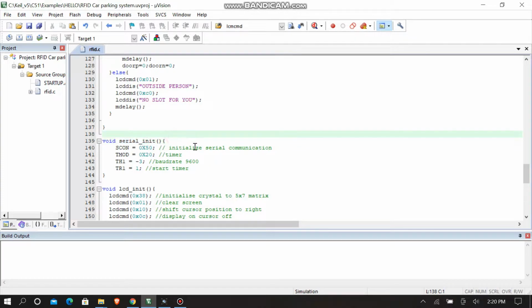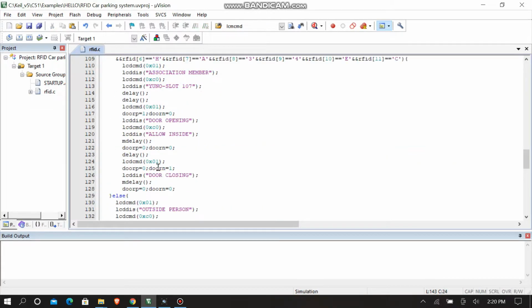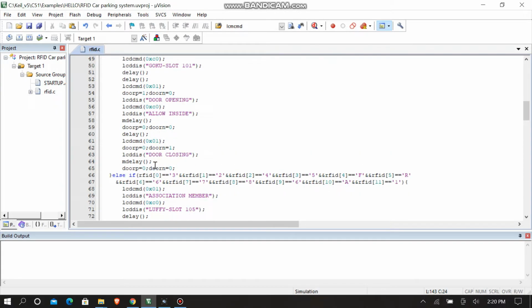In this function, we are firstly initializing a serial communication between the microcontroller and other components, and then we have set up a timer. For setting the timer, we have used mode 2. Then we are using a baud rate of 9600, which is a standard baud rate, for TH1, and we are starting the timer using TR1. Then let's go to the main program again.